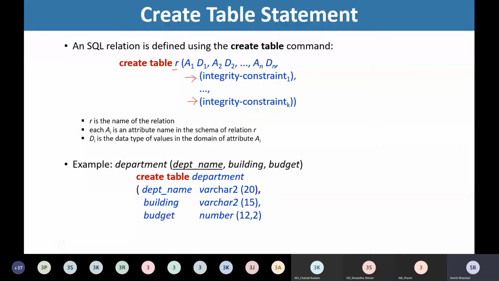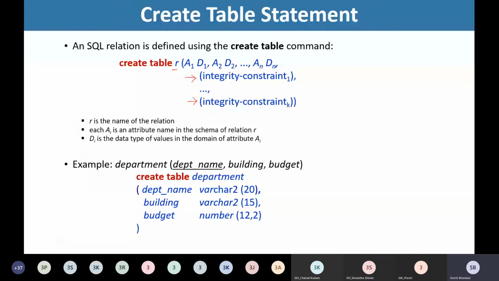This is the first attribute along with its data type varchar2 with size, the second attribute with its data type varchar2 with size, and the third attribute with its type number and the precision and the scale for that attribute.